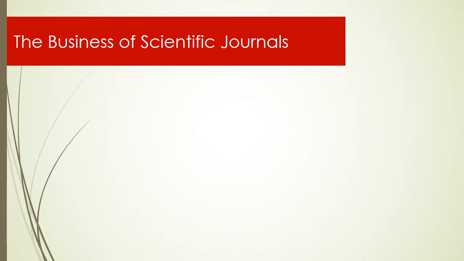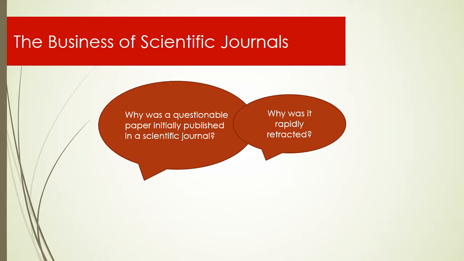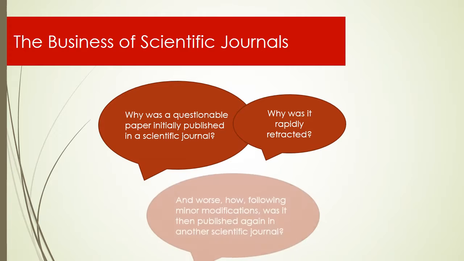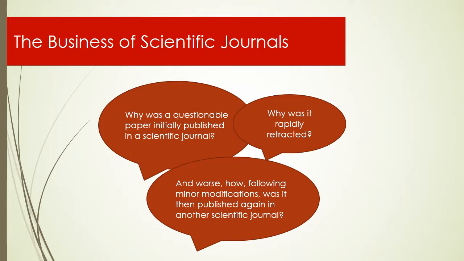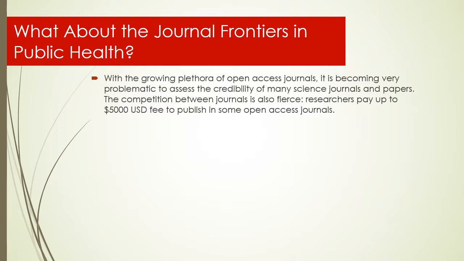You're probably asking yourself, how come a questionable paper was initially published in a scientific journal? Then how come it was retracted and rapidly? And on top of that, how come following minor modifications, the same paper with the same conclusions was republished in another scientific journal? We begin with the journal Frontiers in Public Health, the journal which initially published our paper titled